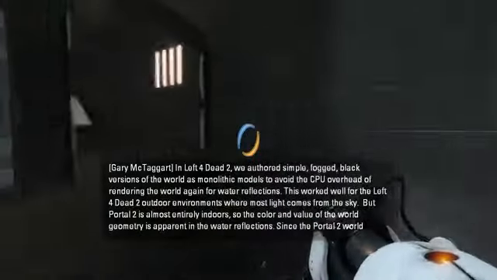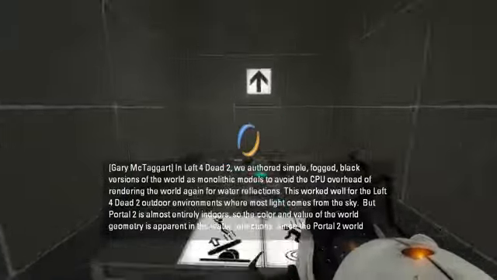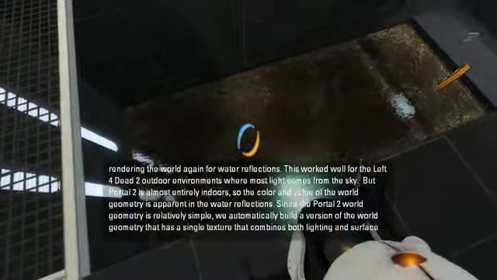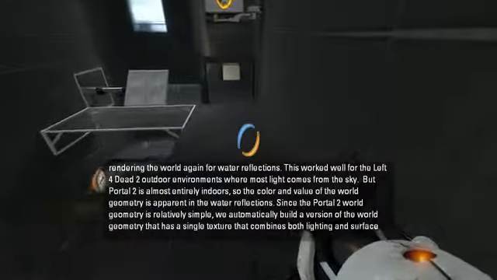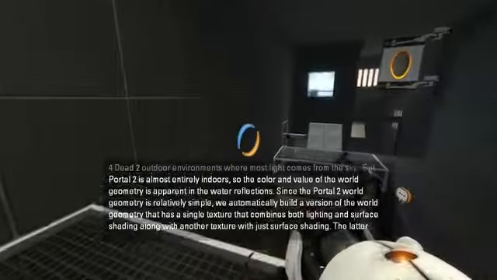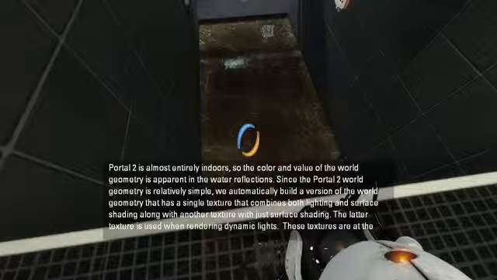In Left 4 Dead 2, we authored simple, fogged, black versions of the world as monolithic models to avoid the CPU overhead of rendering the world again for water reflections. This worked well for the Left 4 Dead 2 outdoor environments where most light comes from the sky. But Portal 2 is almost entirely indoors, so the color and value of the world geometry is apparent in the water reflections. Since the Portal 2 world geometry is relatively simple, we automatically build a version of the world geometry